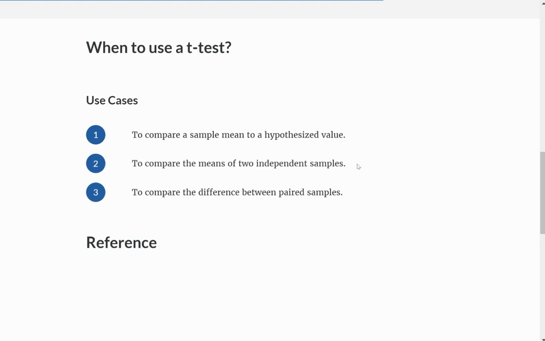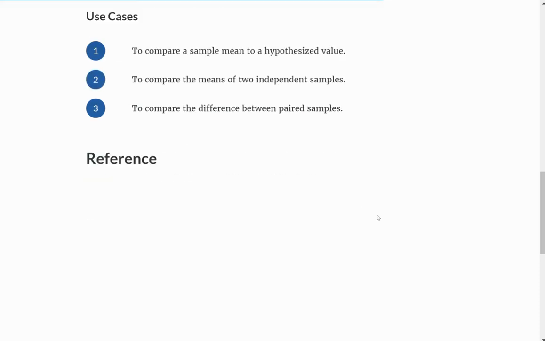It could be used if you have a sample mean and you want to compare it to a hypothesis, or two independent samples you're wanting to compare, or a difference of what's called paired samples, which we'll be looking at in our example. So this was a very, very brief walkthrough,